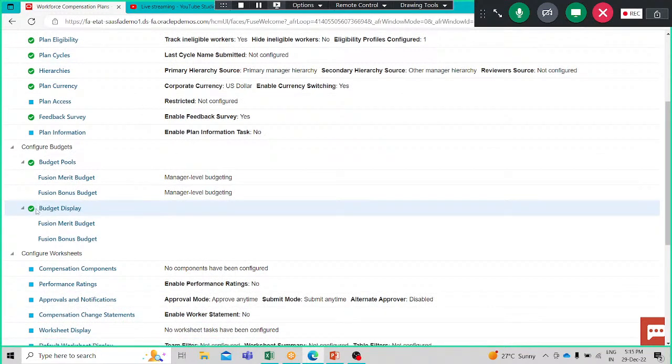Okay, it's completed now. Okay, so we have to configure the component, so we are going to configure compensation component and the performance rating. So now we are going to enable and create salary, merit and bonus components with the salary component appearing first. Okay, so I'm just going to select this configure component,